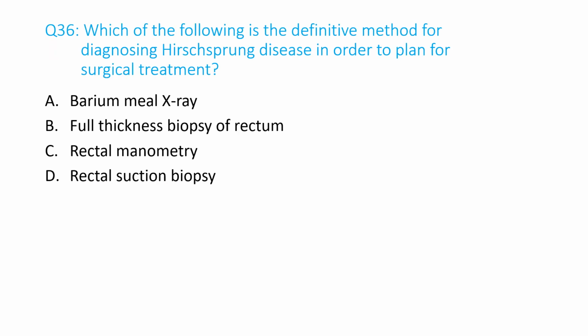Number 36. Which of the following is a definitive method for diagnosing Hirschsprung disease in order to plan for surgical treatment? A. Barium meal X-ray, B. Full thickness biopsy of rectum, C. Rectal manometry, D. Rectal suction biopsy. And the answer is